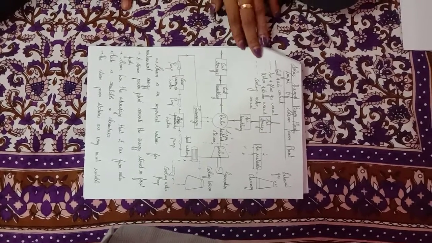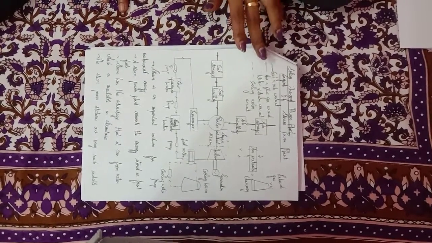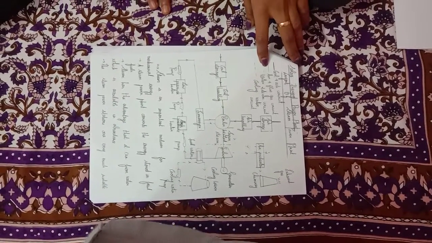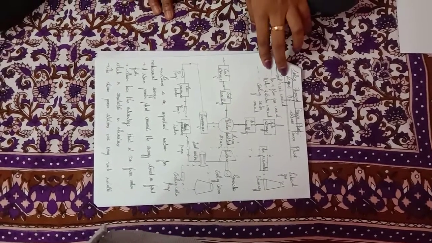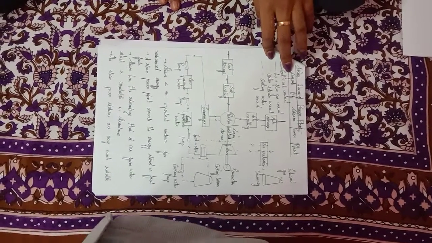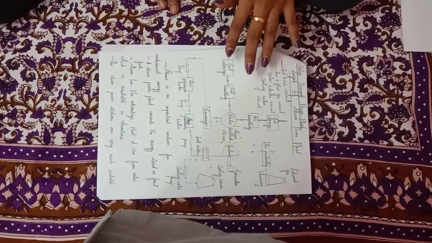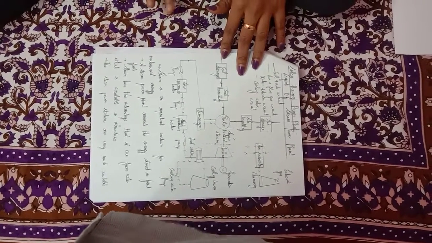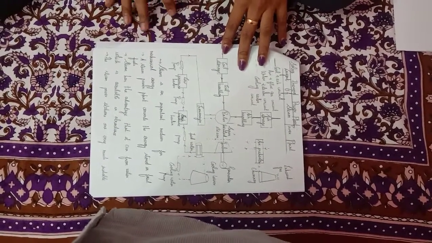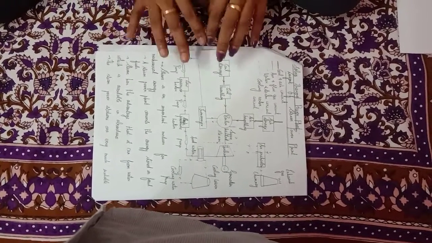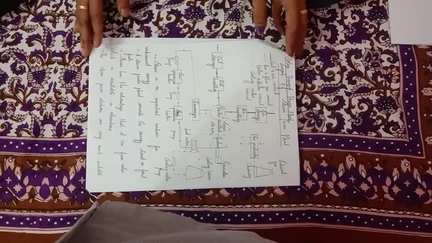Today I am going to take the subject on power plant engineering. In power plant engineering, unit 1 is coal based thermal power plant. In this unit, one of the important answers is the layout of steam power plant. In this layout, we will see how the coal is produced and its operating principles.